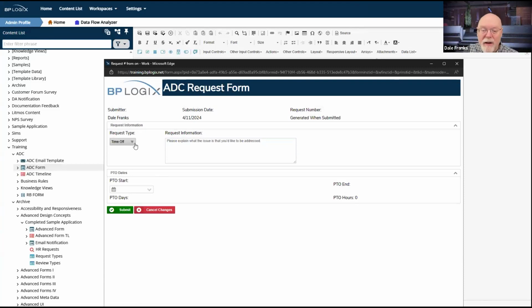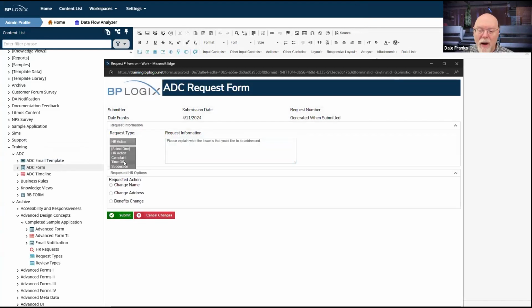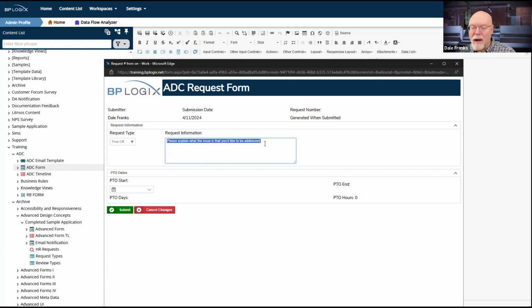Now, I did for my time off field. So if I was to change that, it automatically goes and sets the focus here to my info. So that's great. So every time I make a change, it's going to go and set that focus, and that's great. And PTO start will do the same thing too. Notice I chose a date, and when I did, it took me directly to PTO end. I'm not going to do that on PTO end, and I think the reason is fairly obvious. I have no other fields to fill out.